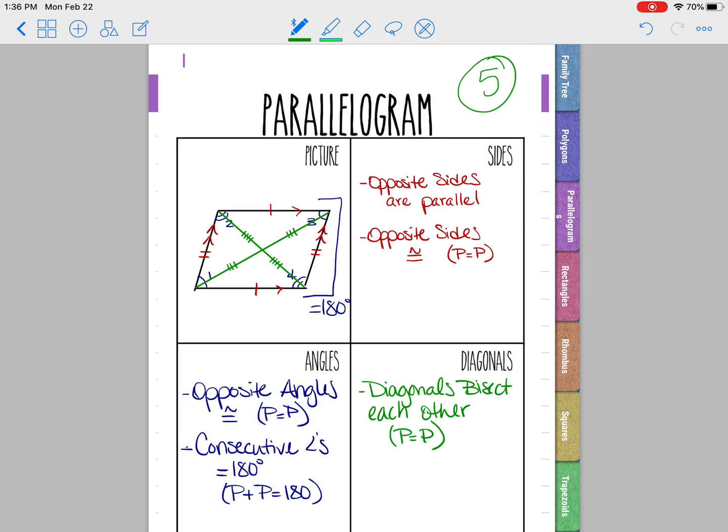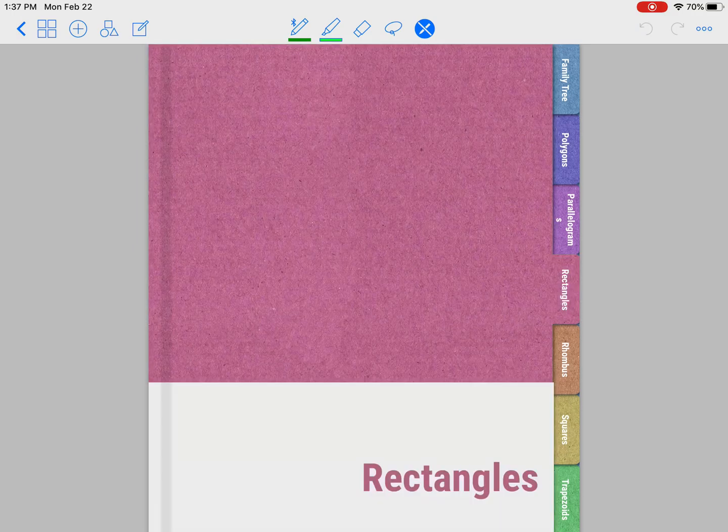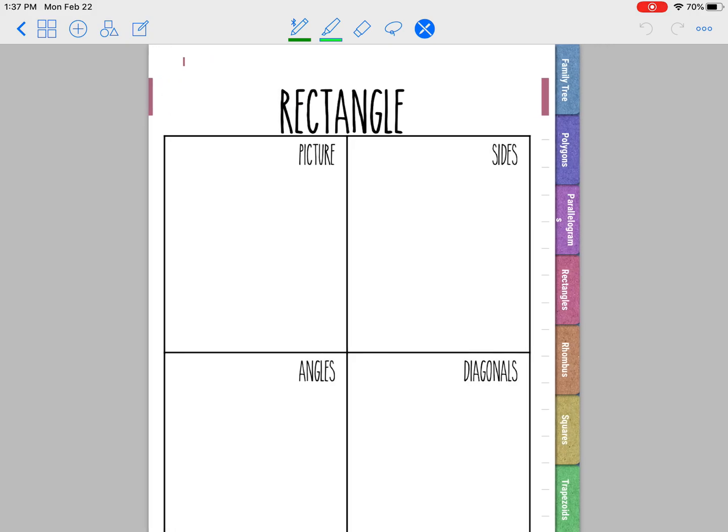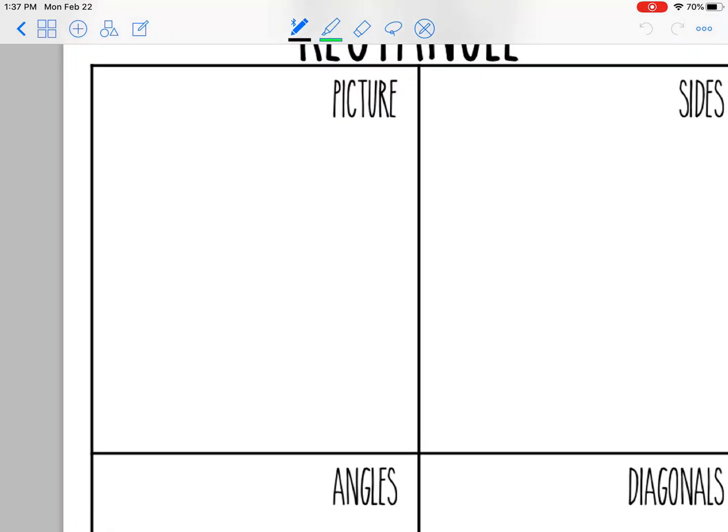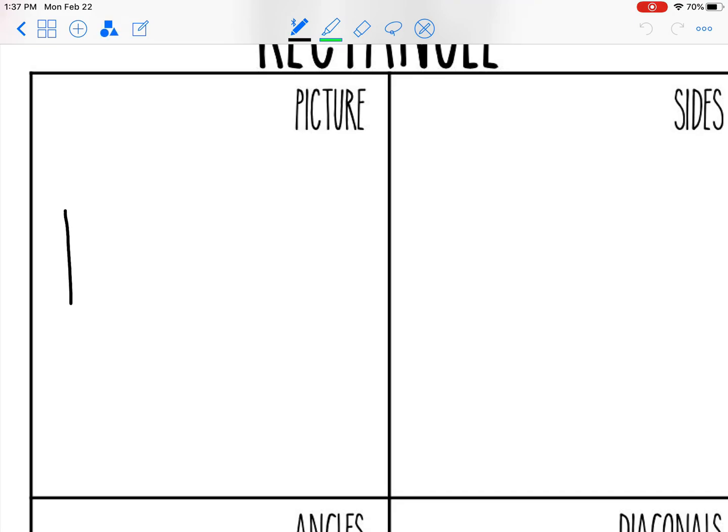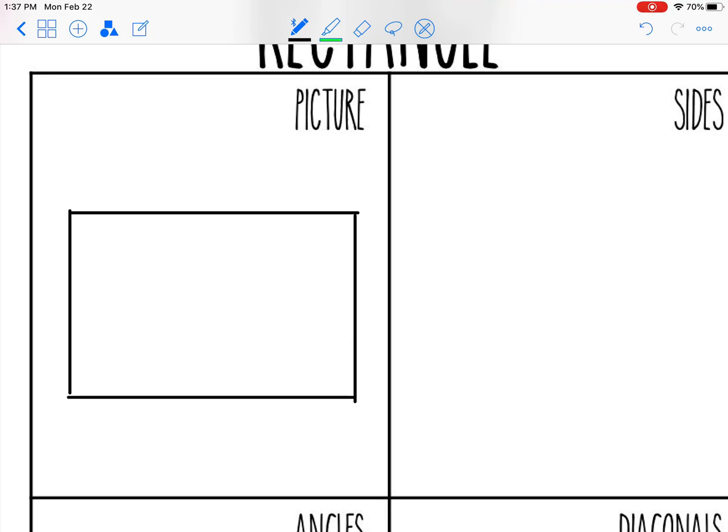Now remember, I said the parallelogram is going to pass down its characteristics. So when we now go to our rectangle section, we are going to bring all 5 of those characteristics plus a few new ones on its own. So let's go ahead and go to the rectangle section, and let's draw our picture. Okay, let's put those 5 characteristics that we know it has,